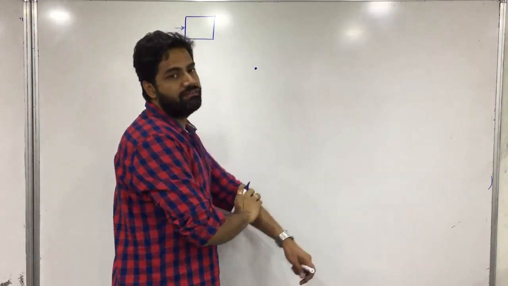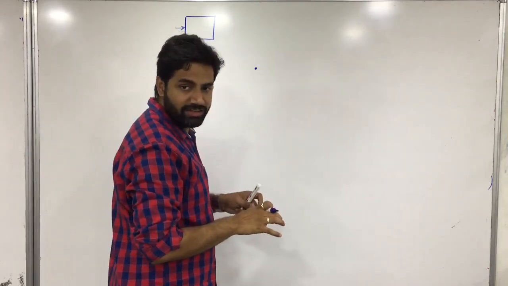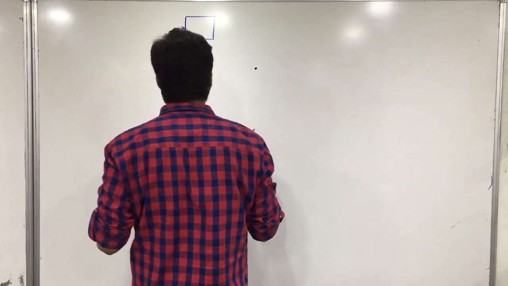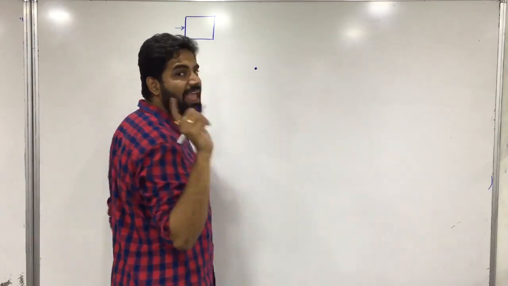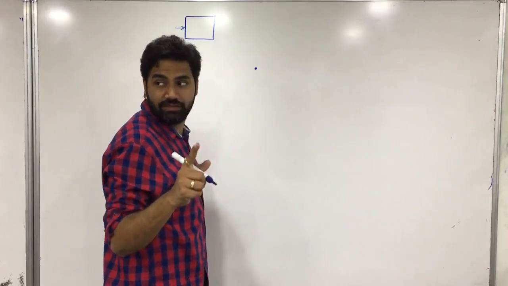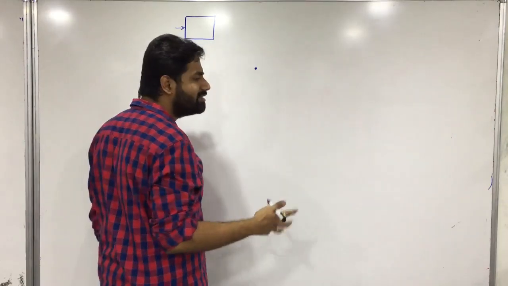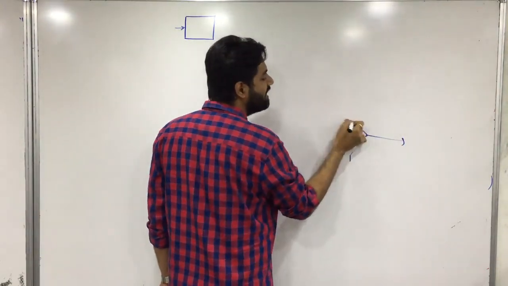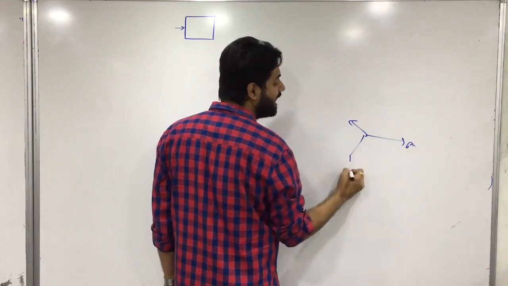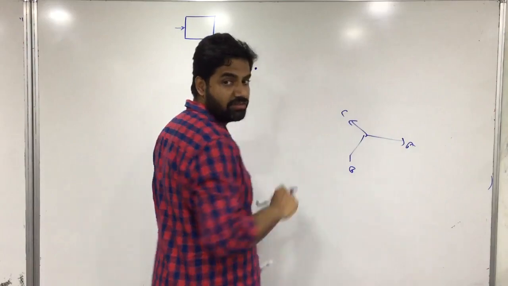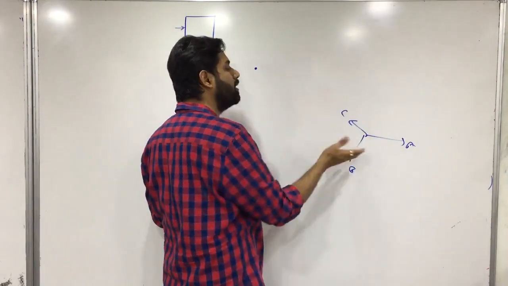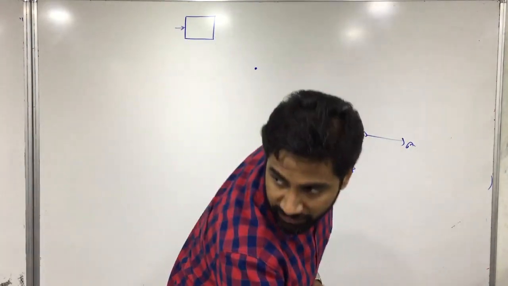I have VA, VB and VC voltages. Fine, I have three voltages VA, VB and VC. You should remember that. And I have ABC sequence as well. What is the meaning of ABC sequence? If I say ABC sequence, that means if this is A, this is B, this is C, the vector rotates in anti-clockwise direction. Okay? So A के बाद B, B के बाद C. Is it clear? Fine. Okay.